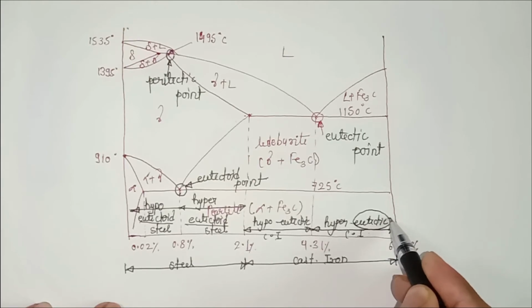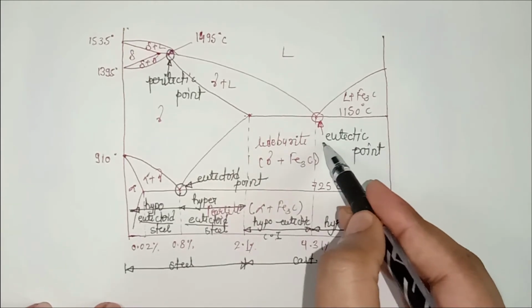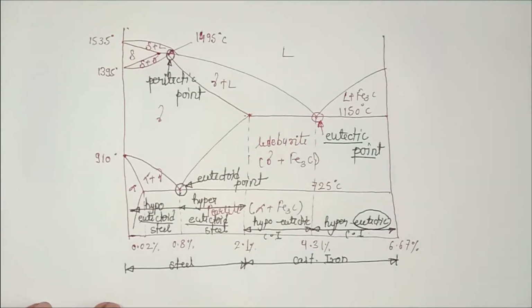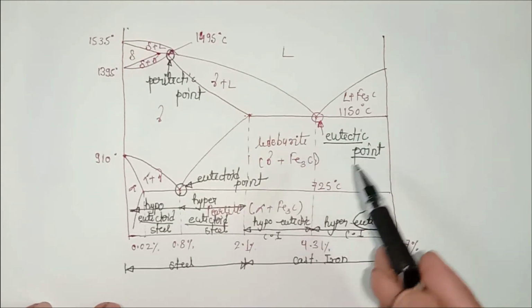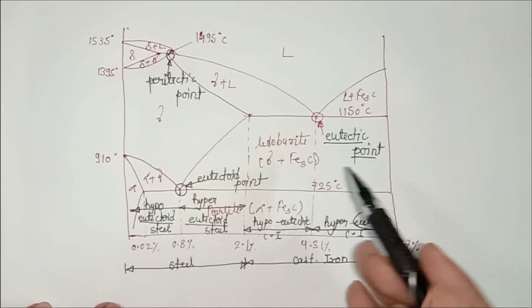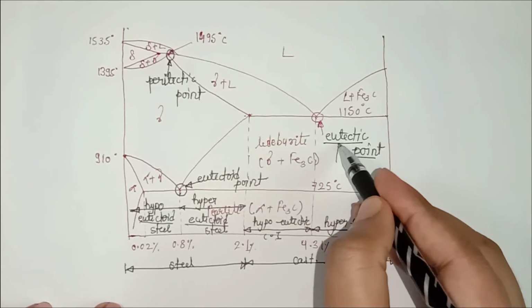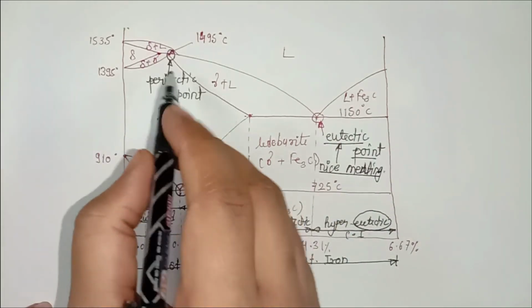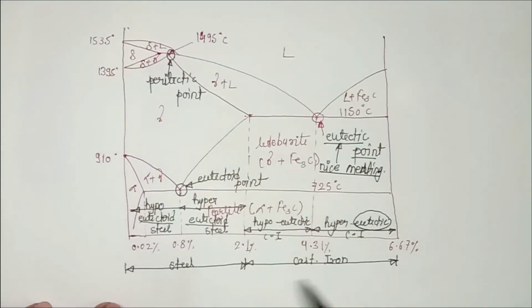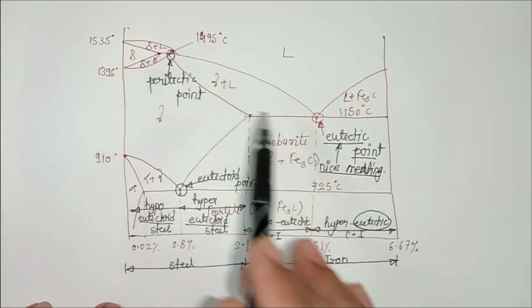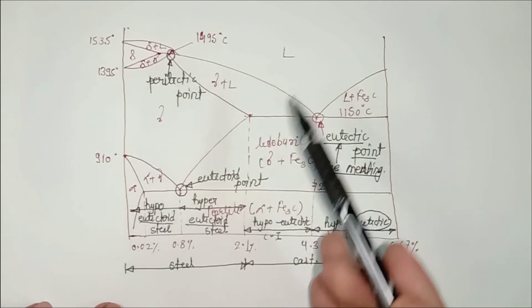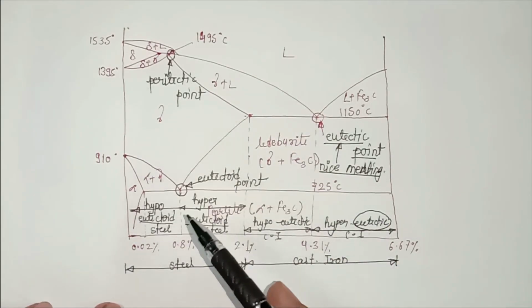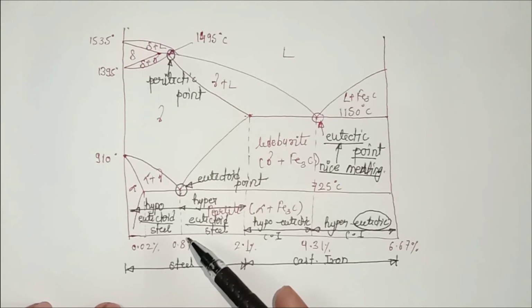As their name is eutectic, you can easily remember this point is the eutectic point. I am saying that please first remember these points, so you can easily remember this point is the eutectic point and this point is the eutectoid point. The meaning of eutectic is nice melting. The solid will directly convert into liquid. This point is peritectic, so there is a trick. You can easily remember that eutectic points are at the upper part of the iron carbon diagram, and the eutectoid point at the lower part of the iron carbon diagram.